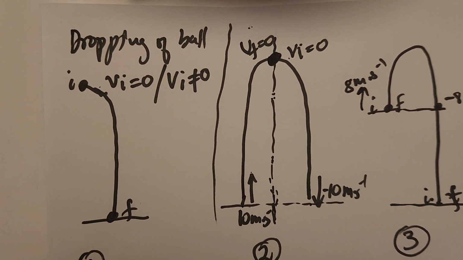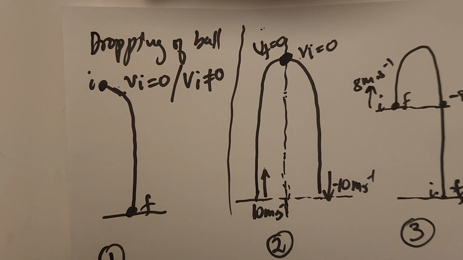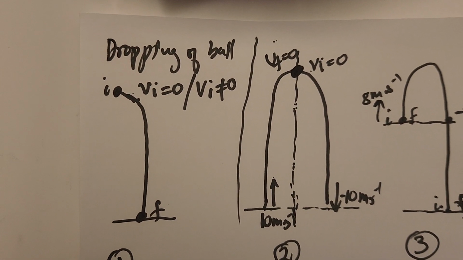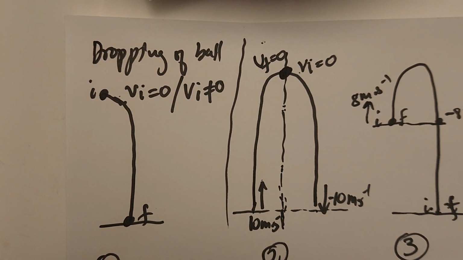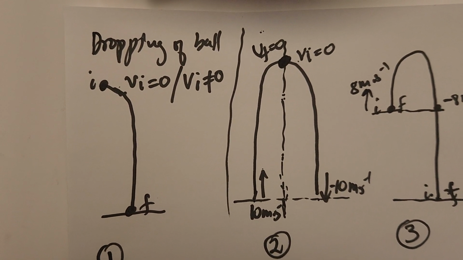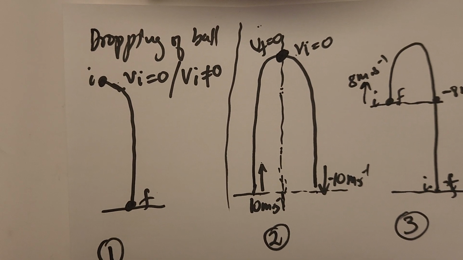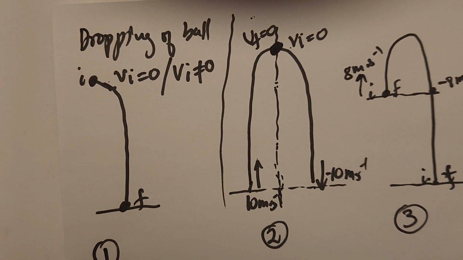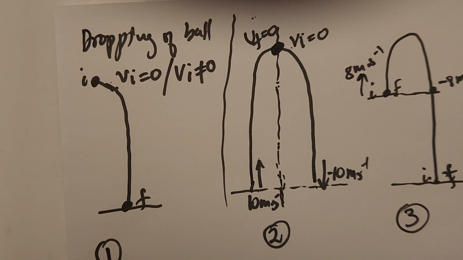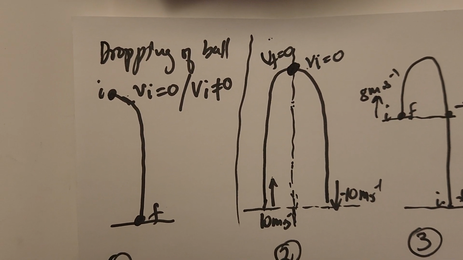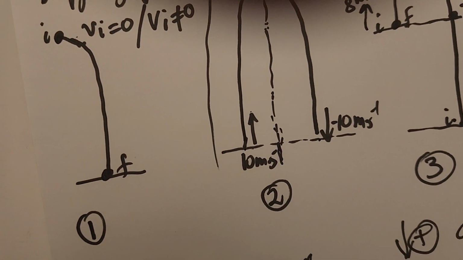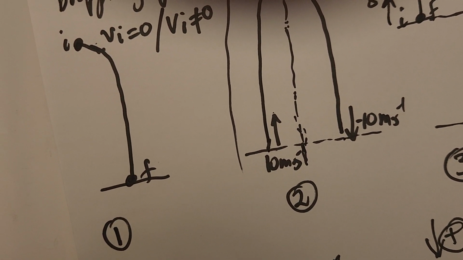Always remember, we say in all this, A is always downwards. That's what you should know. And it's 9.8. But for calculation purposes, if upward is positive, A is negative 9.8. If downward is positive, A is positive 9.8. That's what you should know for calculation purposes only. So that's what we do. Then when we get to